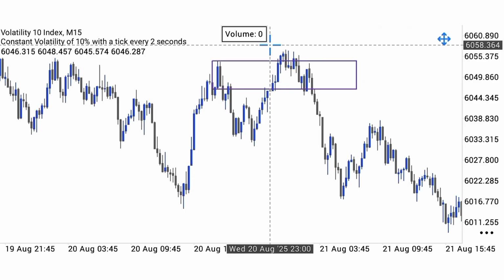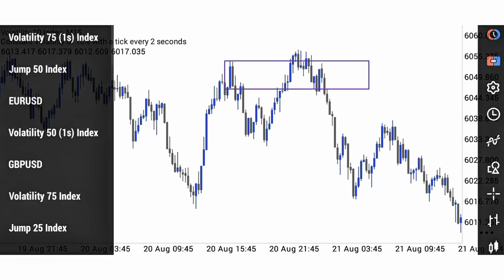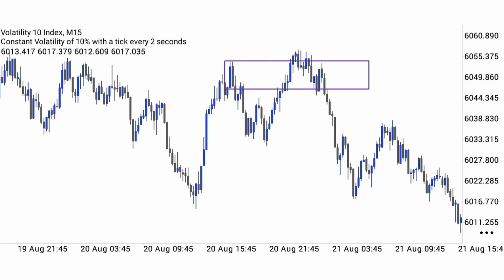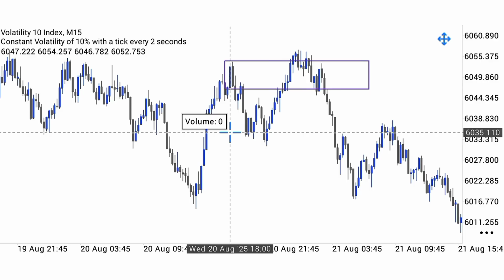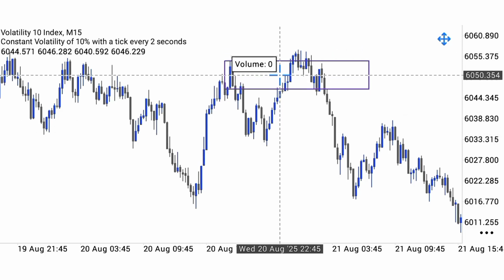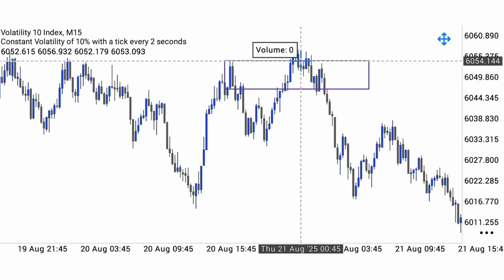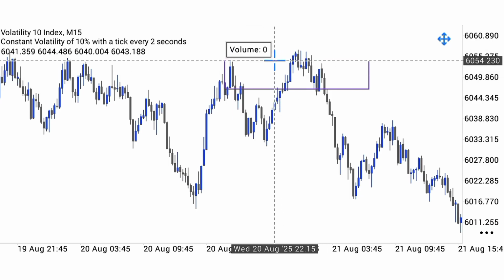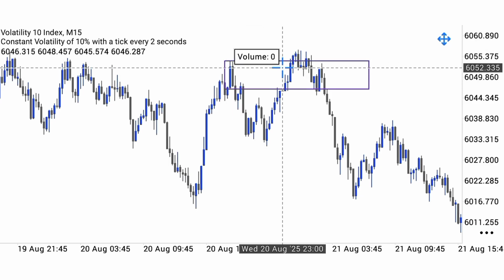So when you have a supply and demand area, like for example here we have a supply, when you see a bearish engulfing candle, you can take your trade and enjoy your profit and make money. So look at this here. Here we have the engulfing candle. Let's imagine you were in this trade here. What will you do? The first thing you do is, when you see this engulfing candle here,